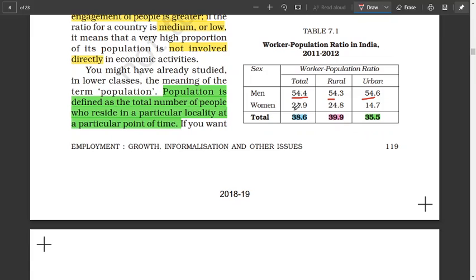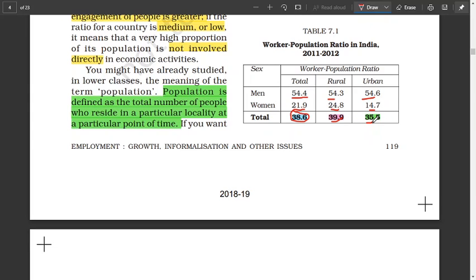Whereas in women, we can compare more, totally 22% we can say, but more in rural than in urban, 25 to 15. Okay, more women in rural are employed than in urban. Whole of India, only a little more than one fifth, 22%. So if you round them up, you can find the whole of India, like we learned before, 39%. That means 39 out of 100 people are working in India, 40 in rural, and